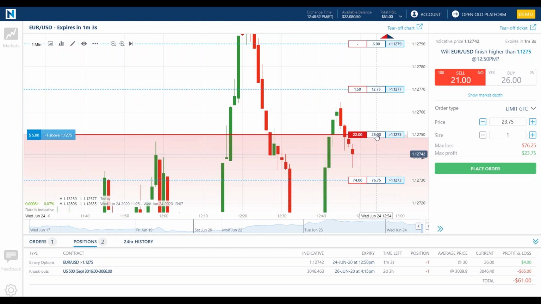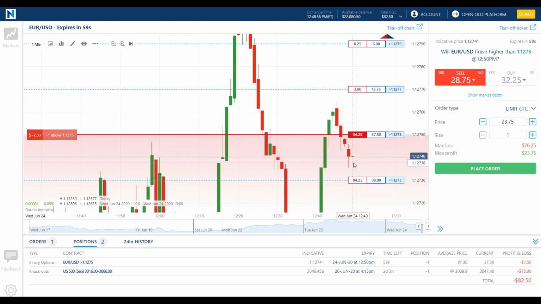And if it stays down below, we're going to watch this decay away. No, it's rallying back. I mean, we're watching this change real time. This is either going to go to 0 or 100. So I sold one at 30. The most I can make is $30, if it stays below. The most I can lose is 70. And it looks like it's going to stay below here.